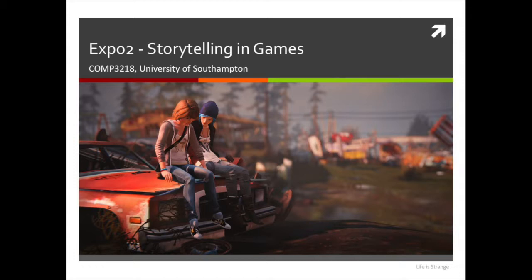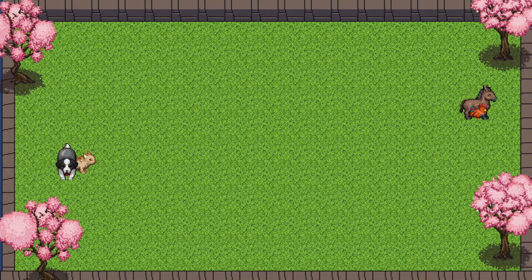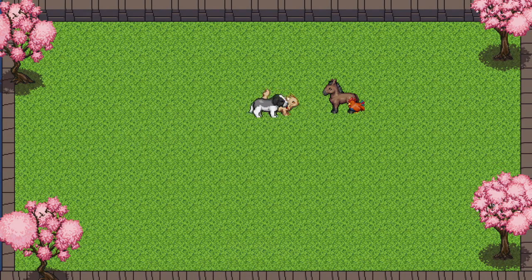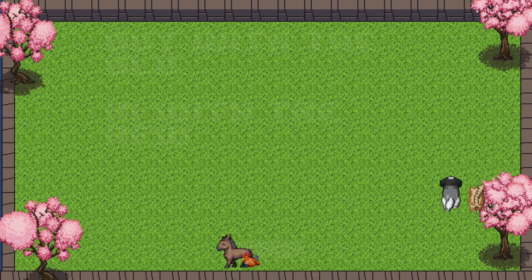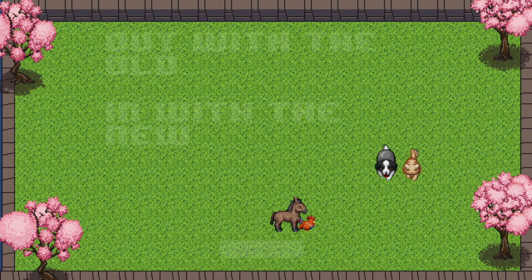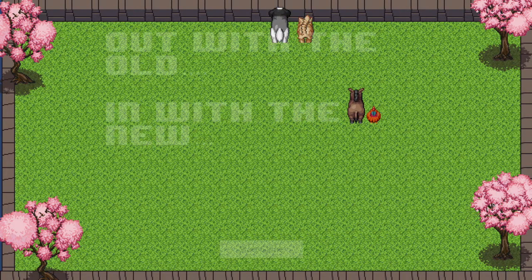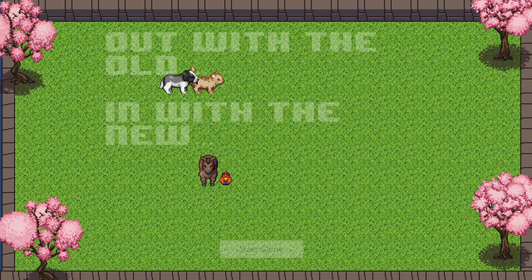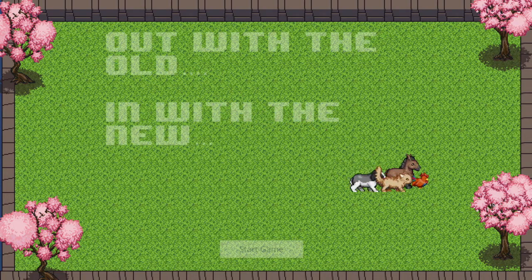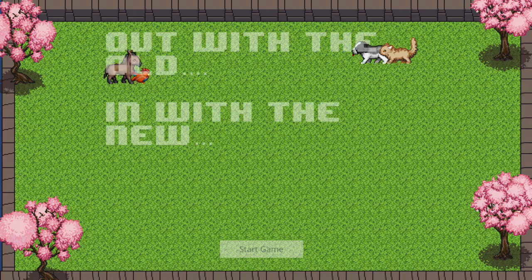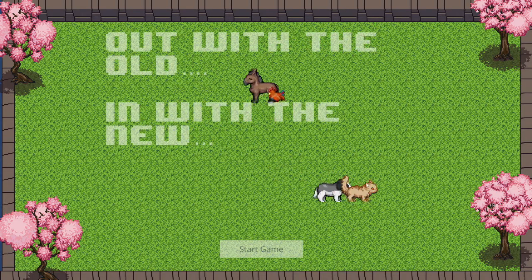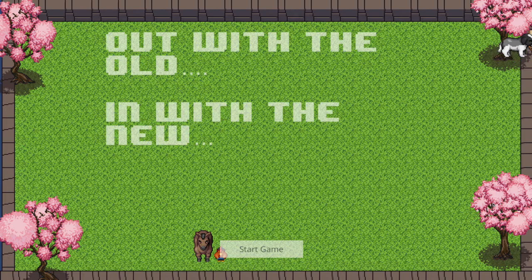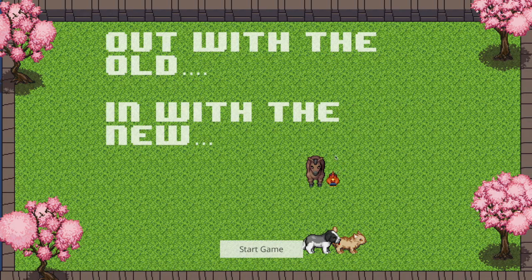So let's load up our first one. Do we know what this one is called? This one is called Out with the Old, In with the New. Let's see if I can bring it up. Okay, this takes me back to my childhood, the music anyway. So this one is probably the Travelling Musicians. That is a story involving a ragtag band of four animals who want to become musicians. This was a story I wasn't familiar with before we did this coursework. Oh really? I remember it from when I was a kid. It seemed just as strangely pointless then as it does now. But okay, let's start the game, I guess.